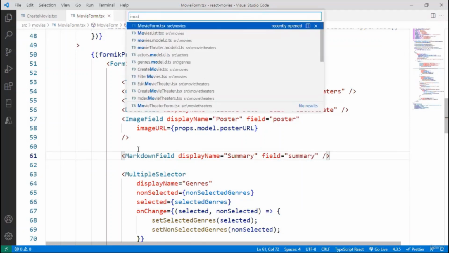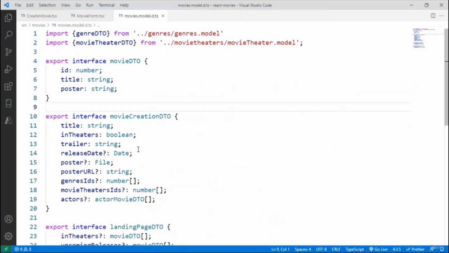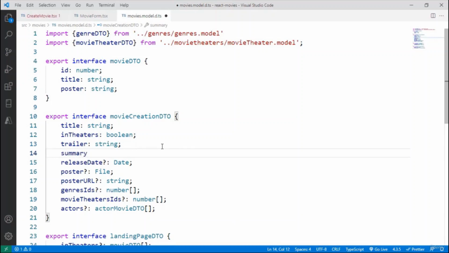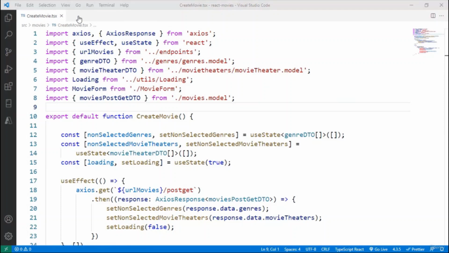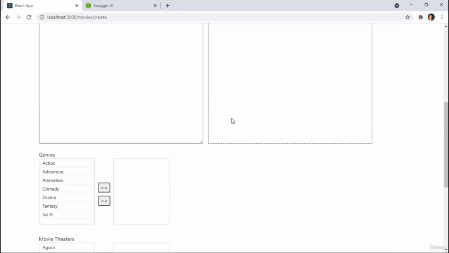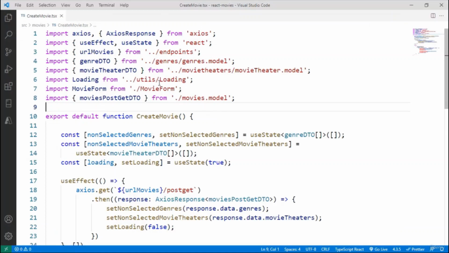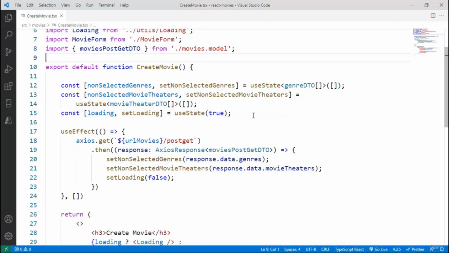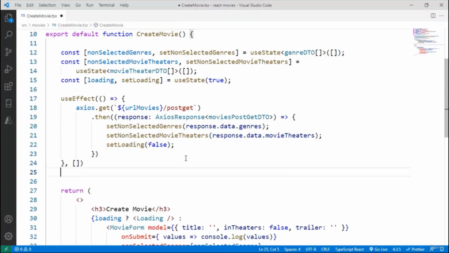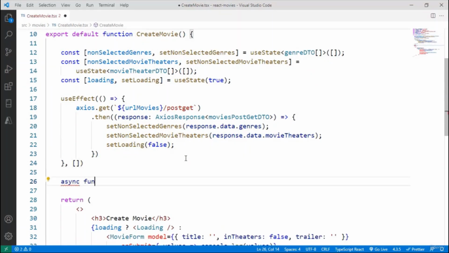Then I can go to models, to movies model.ts, because I need to add that new summary field. So summary here in the movie creation DTO, optional string, and that's it. Now let's work on creating a movie. Let me close this, and let's see that here we have our summary field, by the way. Now let's go back here, and we are in the create movie component. As we said before, we're going to use form data. So let me say here async function createMovie